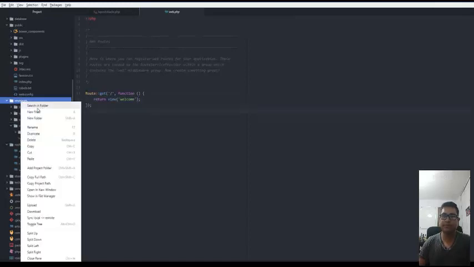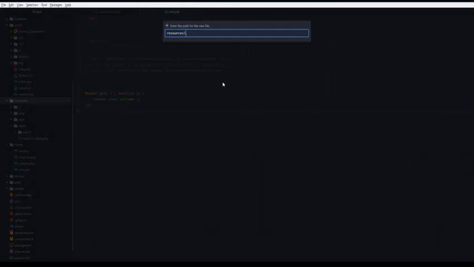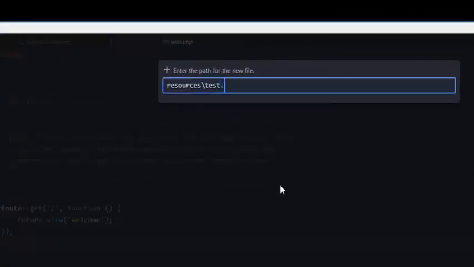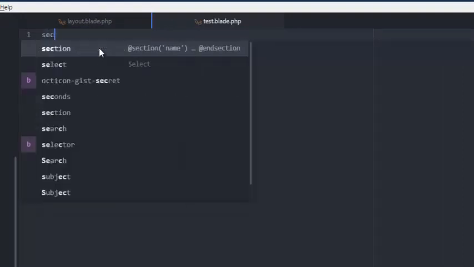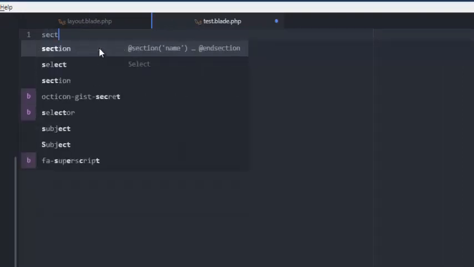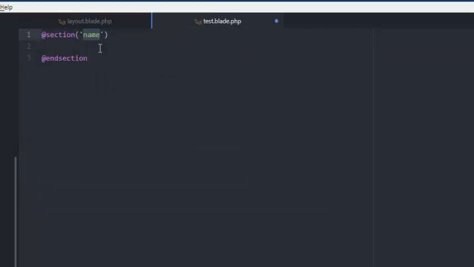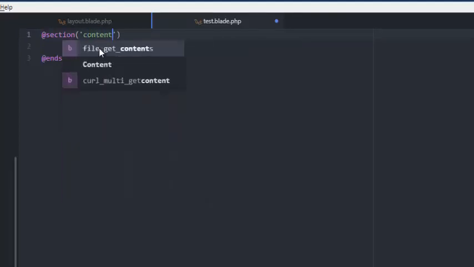Create test one, just for fun. Test blade.php. So how are we going to use this? We are going to do a section. We will give it a name like content,